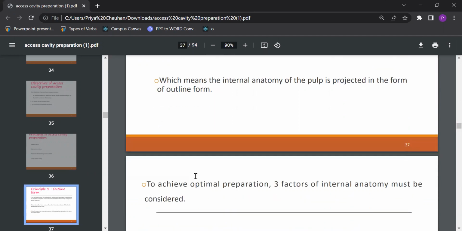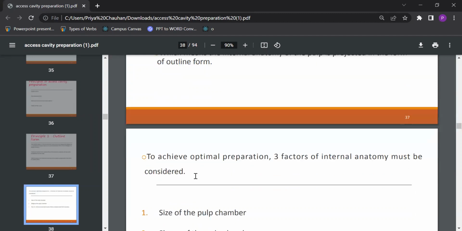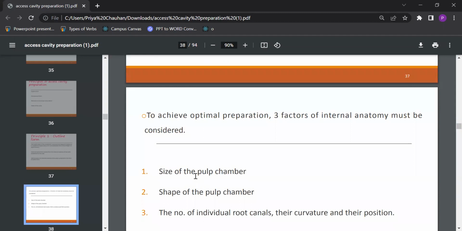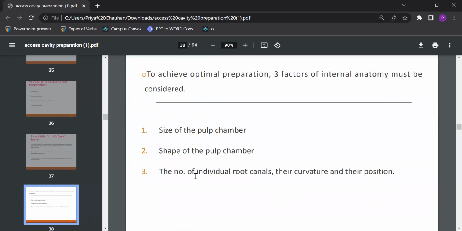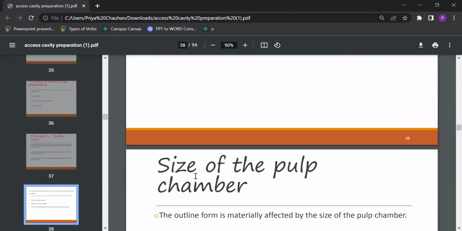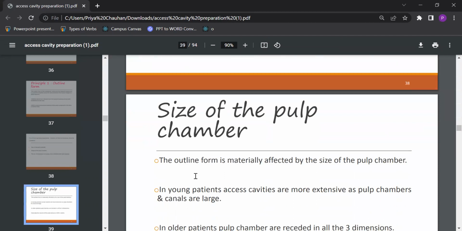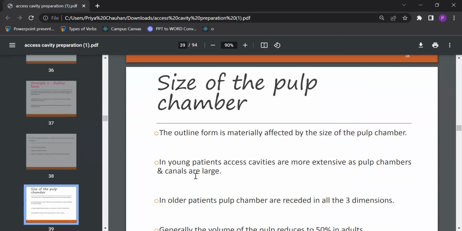Next is, to achieve optimal outline form, three factors of internal anatomy must be considered. First is size of the pulp chamber, second is shape of the pulp chamber, third one is the number of individual root canals and their curvature and their positions. So size of pulp chamber. सबसे पहले इसमें है द आउटलाइन फॉर्म इज, the outline form is materially affected by the size of the pulp